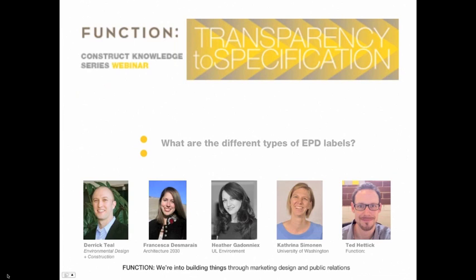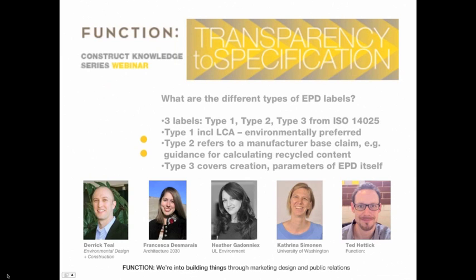Sure. So under ISO 14020, the 14020 series, there are three types of environmental labels that ISO specifically provides guidance on. The first type is a Type 1, and that Type 1 is your seal of approval type of label.